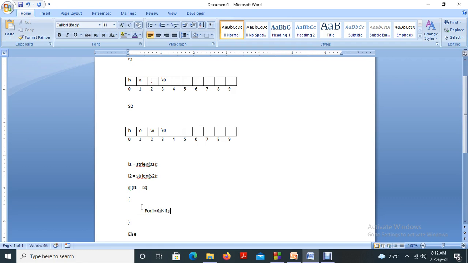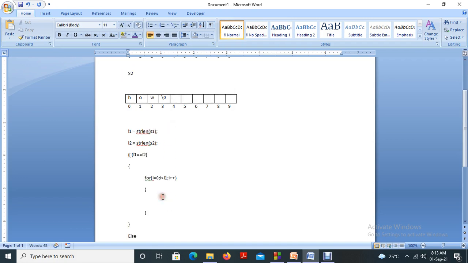Then I plus plus. Okay. Here we are moving from first index to the last index.